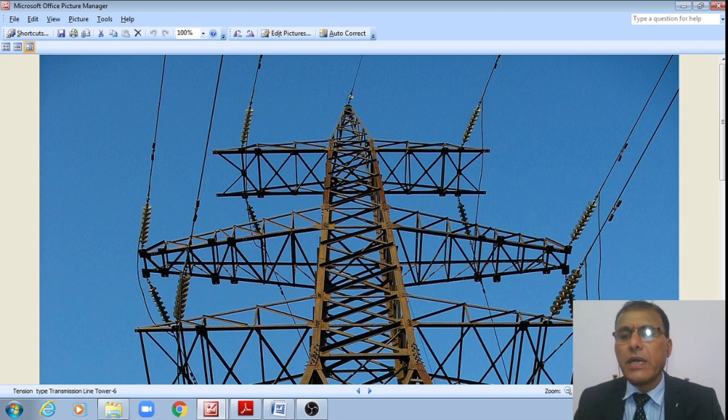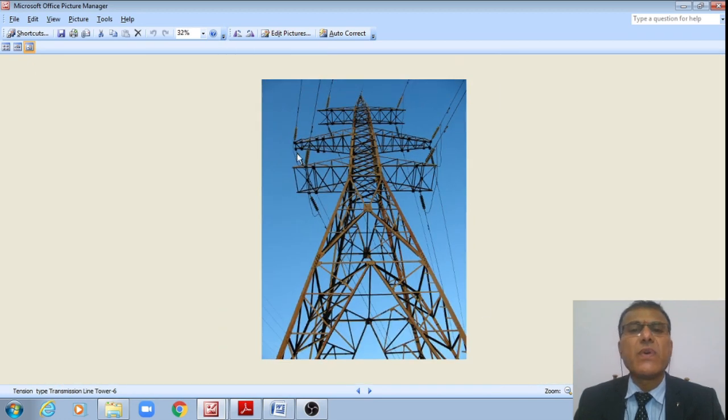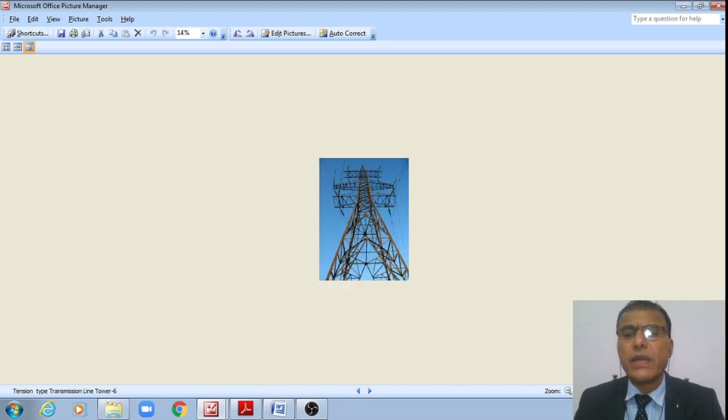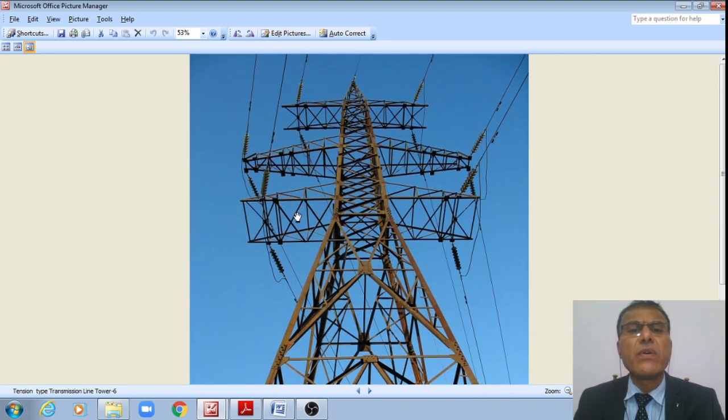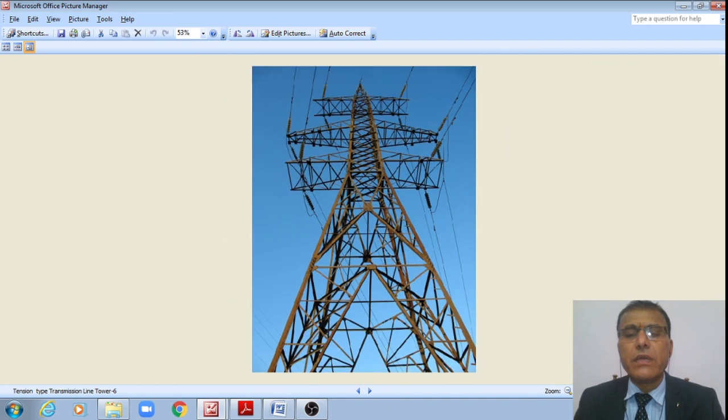However, now let us examine this figure. This is the double circuit, wherein we can see that we do have 1, 2, 3, one ground wire, 1, 2, 3. Now you can see there's a lot of deviation. Actually this wire should have gone like this, but there is a lot of deviation. That is the angle of deviation. This is a tension type transmission line tower, students, with double circuit.